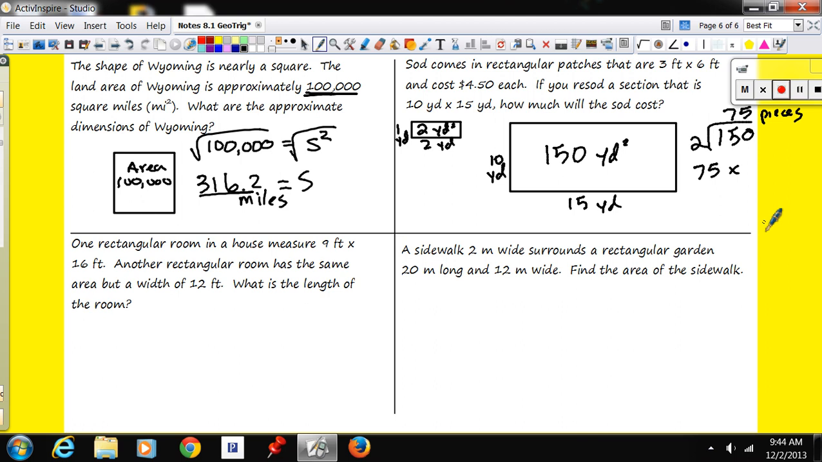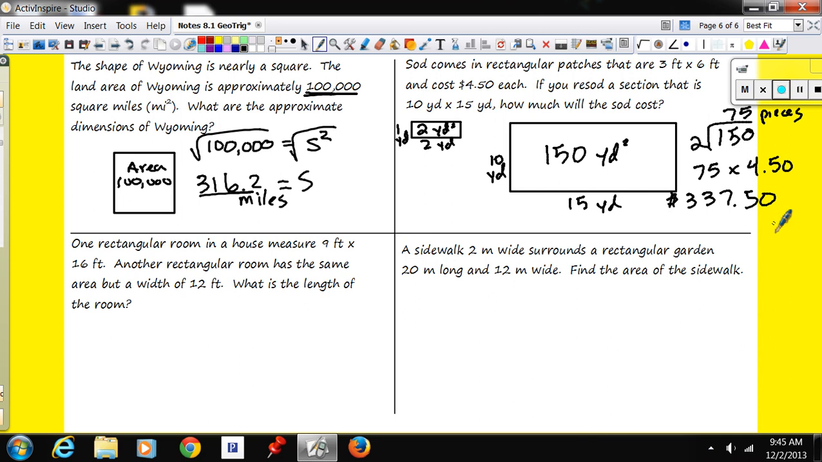75 pieces times how much is each piece? $4.50. Not cheap. You need 75 of those. So somebody on your calculator multiply 75 times $4.50. $337.50. That's not including tax. You'd have to even pay more if you were buying sod at the store. So 337.5 is what you'd need for